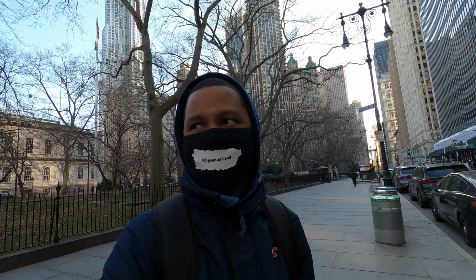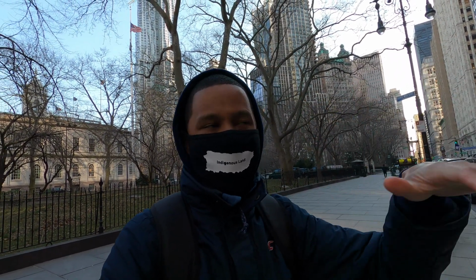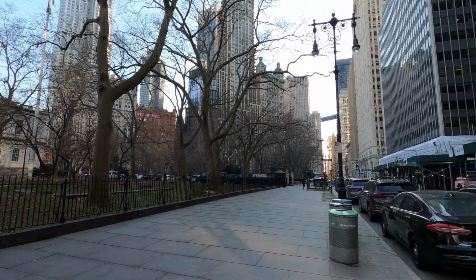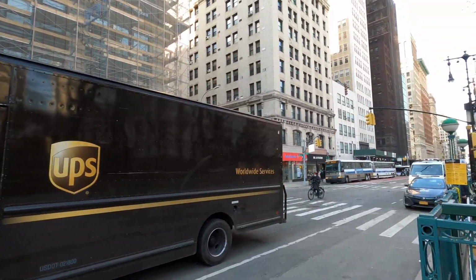So I'm gonna walk from here and I'm gonna go to Midtown. Probably I'm gonna pass Union Square, then I'll see from where. But there's a restaurant on 26th Street. So I thought maybe on my way there I could film and show you guys this area of Broadway, which I think is pretty beautiful. As you can see, City Hall's around this area, downtown is that area, and then it goes all the way